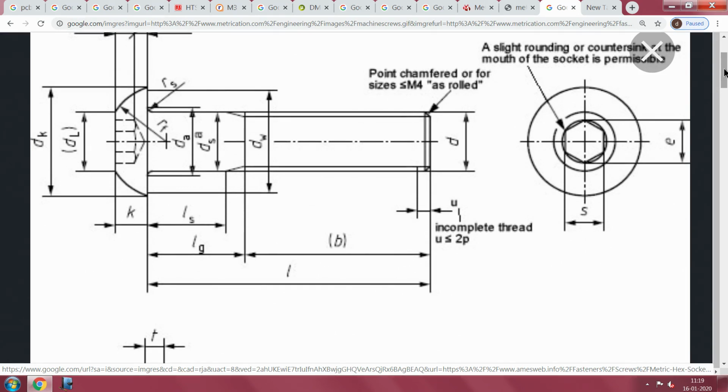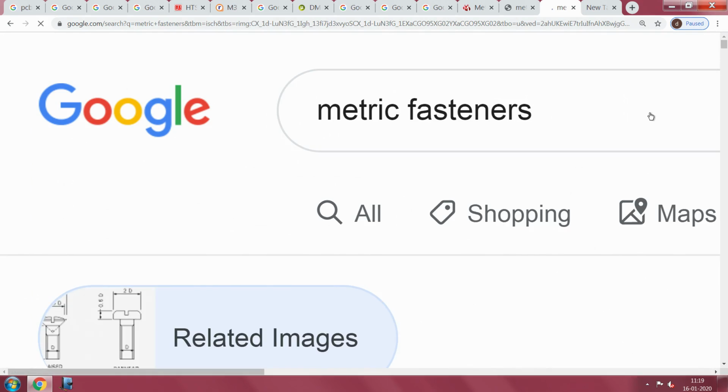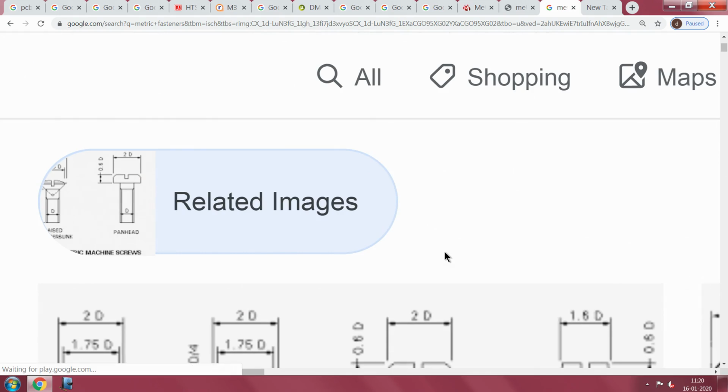So, at least wherever you are using, as I said, if you are making certain sensors and mounts and all that, you probably need to specify only such fasteners, and along with that a little more detail has been given saying there is a rounding off and these things, so that they enter easily, and somebody has worked tremendously to get all these drawings in place.